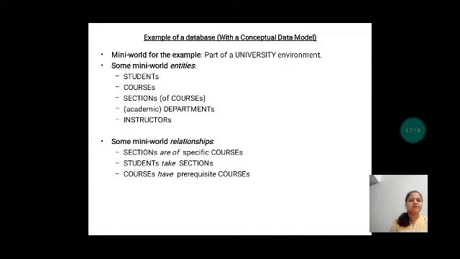That is a prerequisite. And if you want to take some course, say CS3320, then the prerequisite is that you have to pass another course. That is the idea of a prerequisite course.